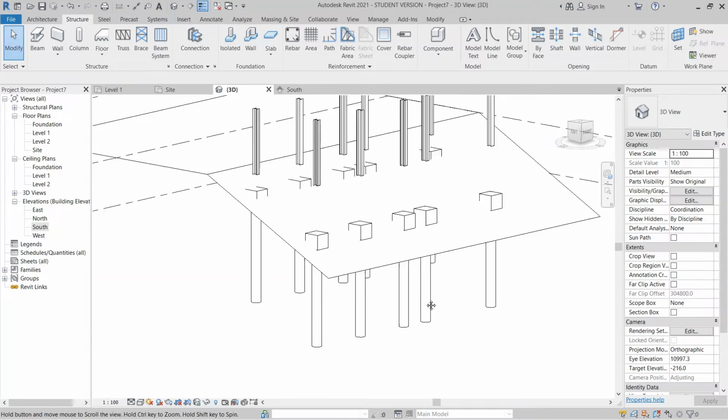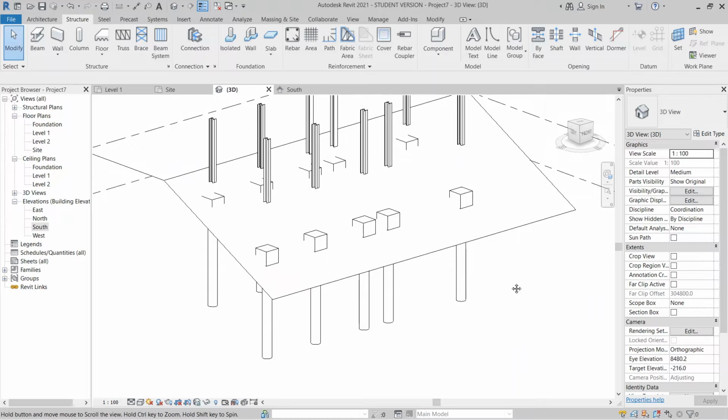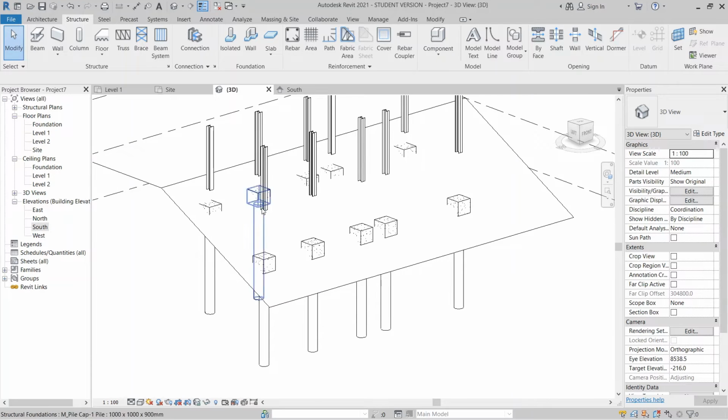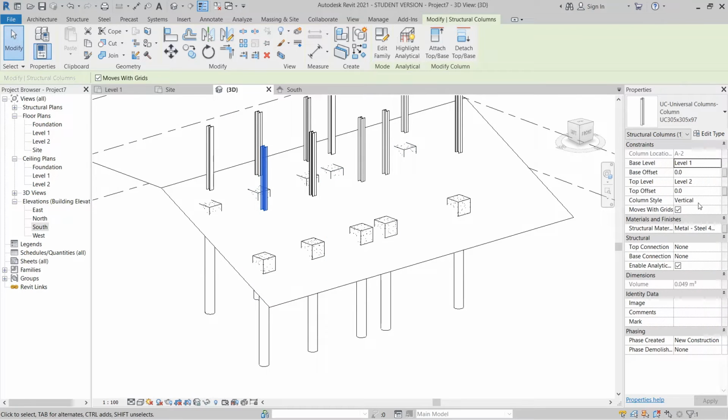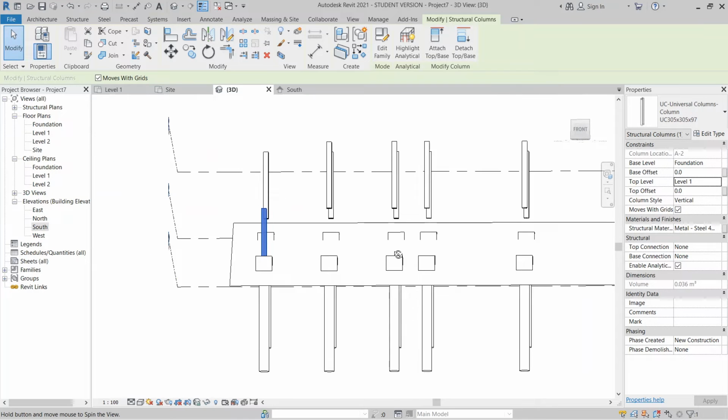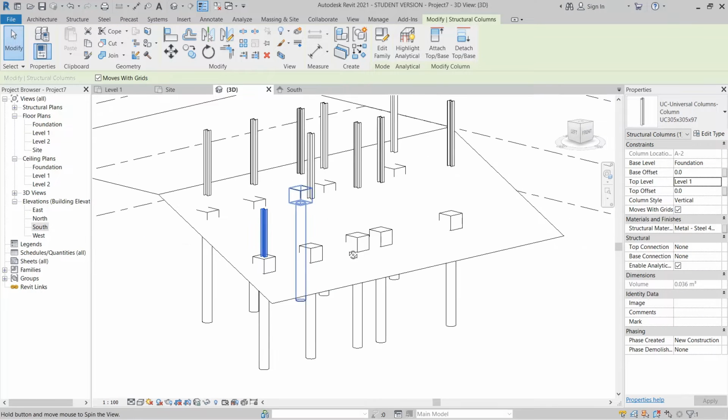Okay, so now my column is on top, but don't worry about that, we can adjust. I just like this one, and then change this one from foundation to our level 1, hit apply. Okay, it's perfect. I just like another guy here.